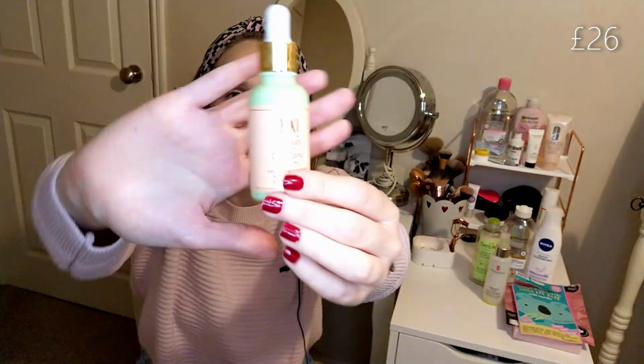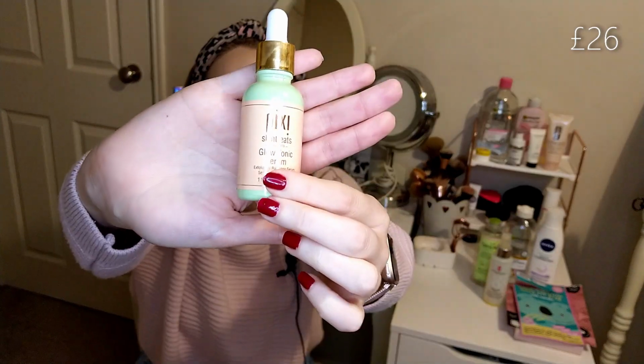Next thing we have is the Pixi Glow Tonic Serum. This was the first thing I've ever tried from Pixi. I need to try some other stuff, I think, because I wasn't overly wowed by this. It did make my skin look radiant, but just not the kind of radiant that I like. Now, I have really dry skin, so any sort of radiance in my skin and making it look healthy, I'm all about. I don't know, this was an exfoliating radiant serum,